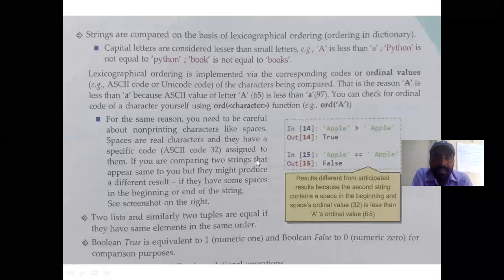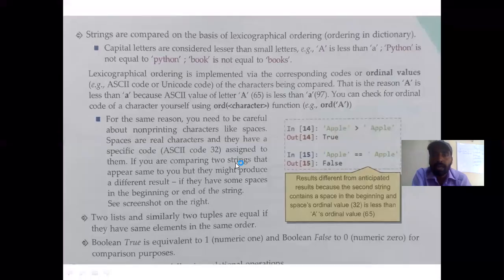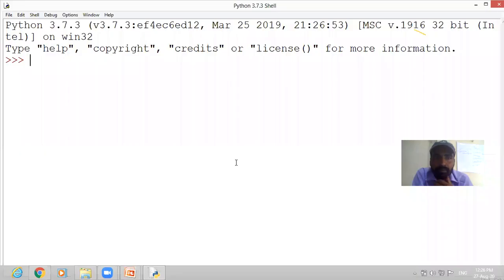Like here, if we compare a string, let me open Python. Okay, here is the Python screen before you. Can you see the Python screen? Yes, sir. Now if you compare a is equal to a, is it equal or not?